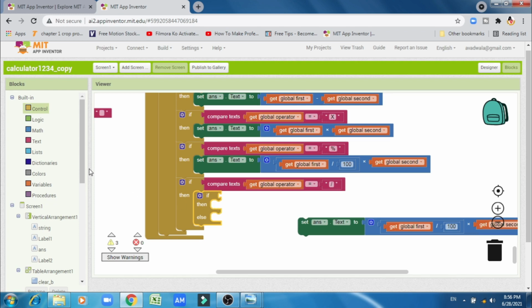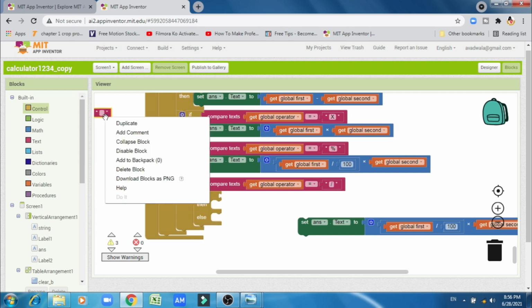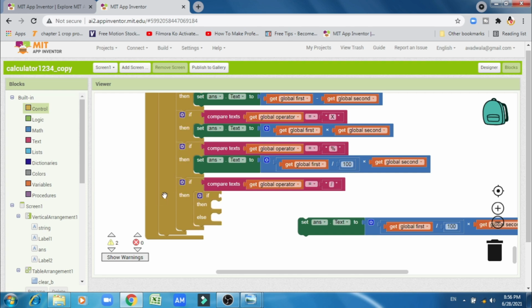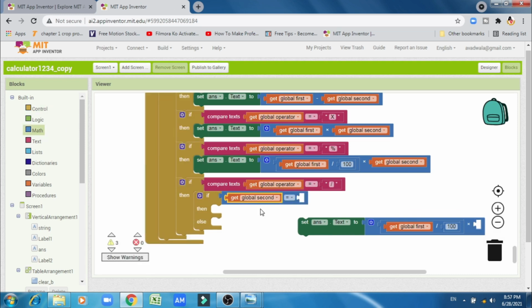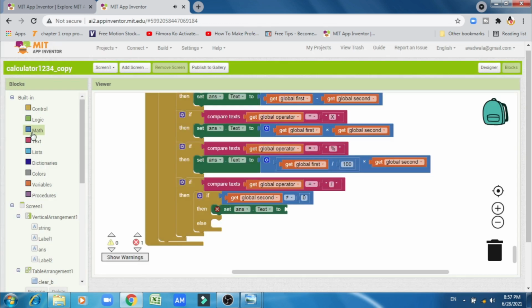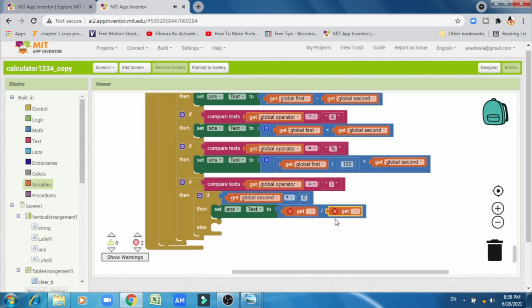So we have to tell the computer that the denominator part will never be 0. So what here, and if somebody puts 0, then we have to give a notifier.